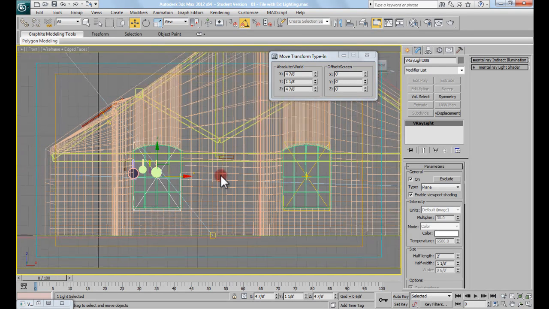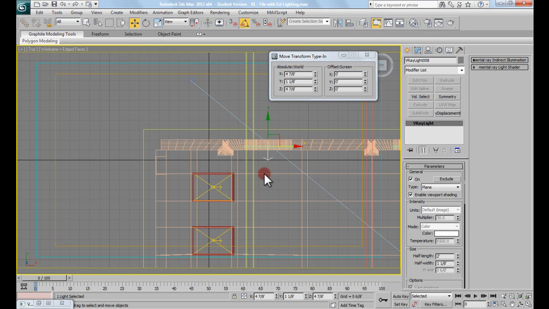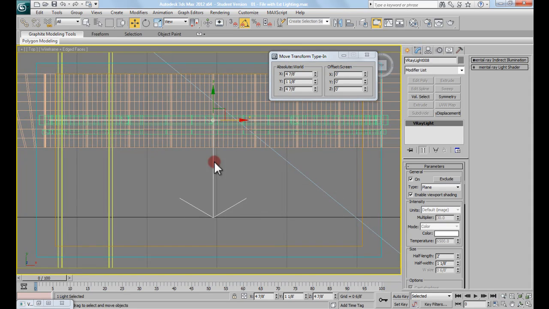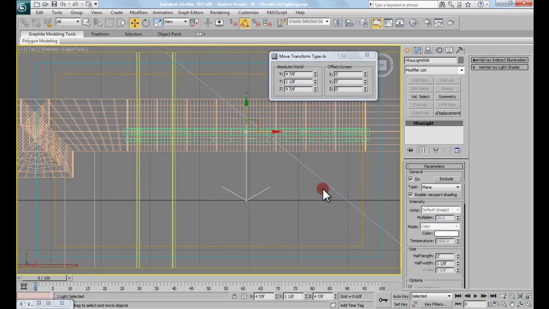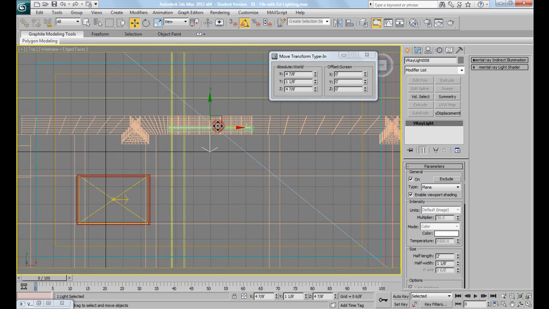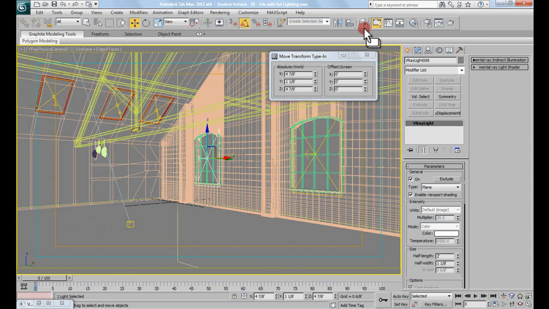Yeah, I mean, that's why the arrow's on it. So if I hit T for top and Z for zoom, yeah. I mean, otherwise your light is just going to be going out the window, which doesn't really make sense, especially if you're using a sky portal. So yeah, you want to make sure your arrow is facing into the building. So if I hit C for my camera, and then render this out,